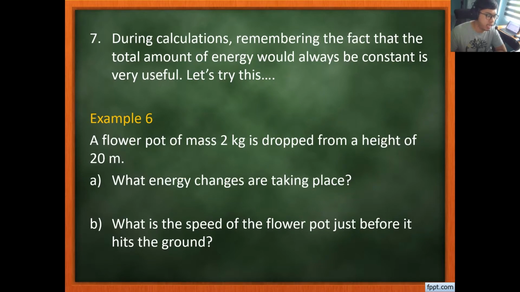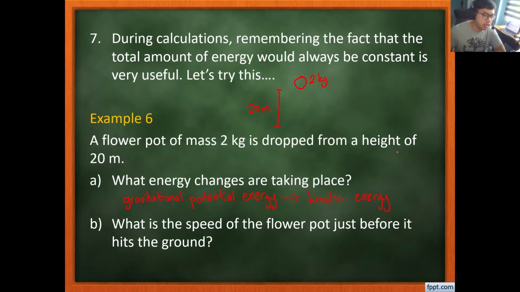So let's try this. Example 6, a flower pot of mass 2 kilograms is dropped from a height of 20 meters. What are the energy changes that are taking place? You have a flower pot. I'll just draw a circle to show that's a flower pot. And it has a mass of 2 kilograms. And it's being dropped from a height of 20 meters. So what are the energy changes taking place? So before, it has gravitational potential energy, and then that gravitational potential energy changes to kinetic energy